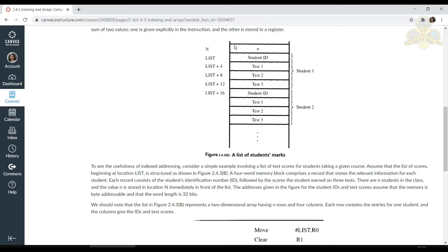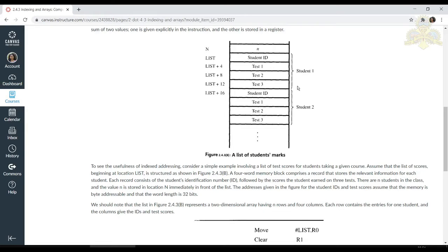This is the memory arrangement, where the student details start from the location LIST. Here N, LIST, LIST plus 4 are all memory locations. The location N, written as small n, contains how many students are present.